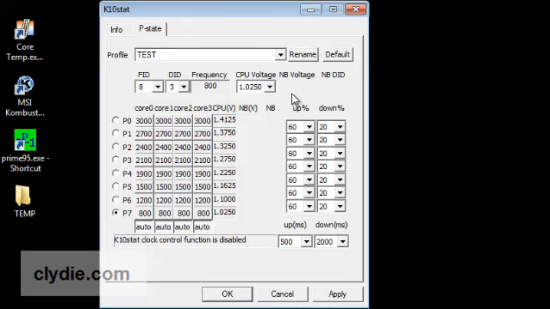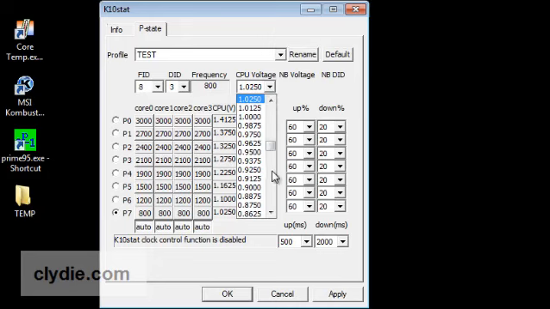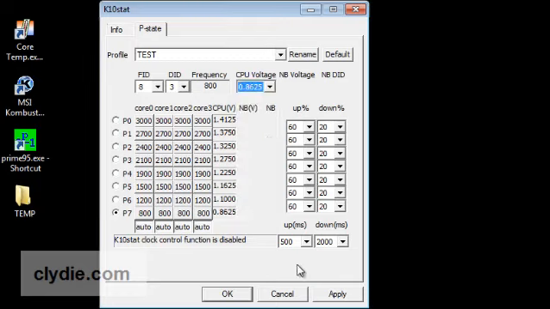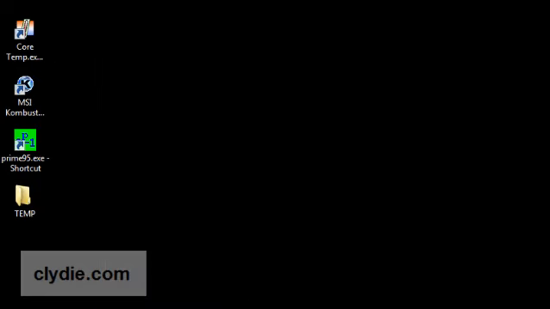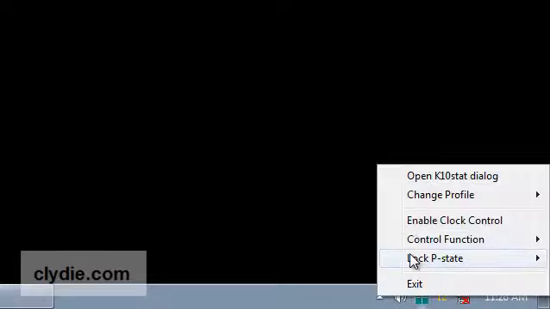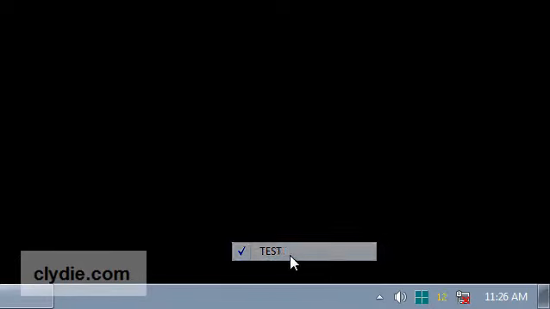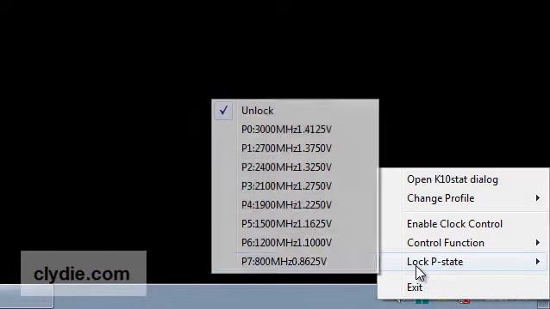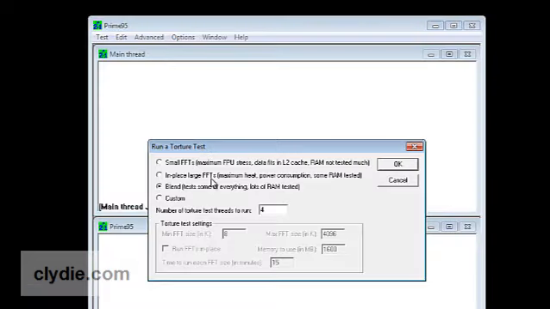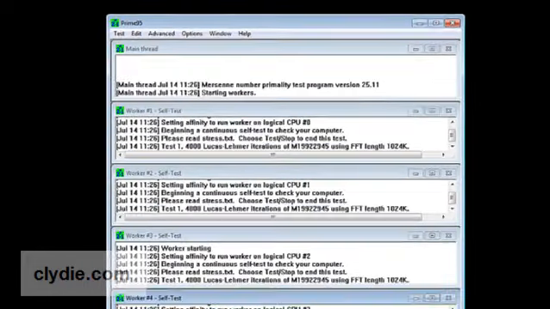Change the voltage for 800 MHz to 0.86 and leave the rest to default and click OK. Right click on K10 tray icon and choose test profile, and right click again and lock multiplier to 800 at 0.86. Then run Prime95 for 30 minutes.